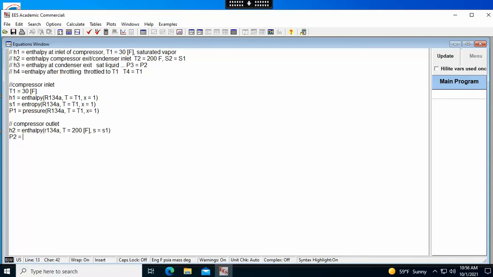You know how to do this already, right? There's a function for that, pressure. R134A. T is equal to 200 F. S is equal to S1. And there you go. You got it. Okay. So we got now the compressor outlet, and now we're going to move on to the